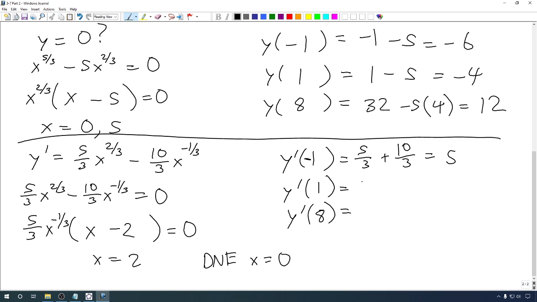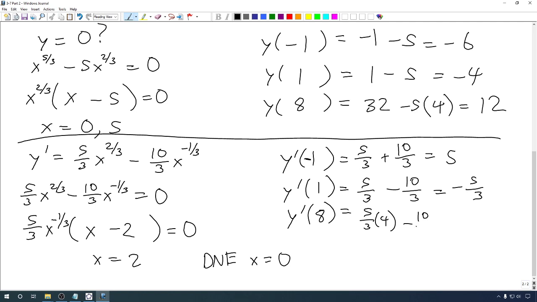All our powers just become 1. We have a 5/3 minus a 10/3. In other words, a negative 5/3. We have a negative number. Finally, at 8, here we have 8 to the 2/3. We take the cube root of 8 to get a 2, but then we square it to get a 4. So we have 5/3 times 4